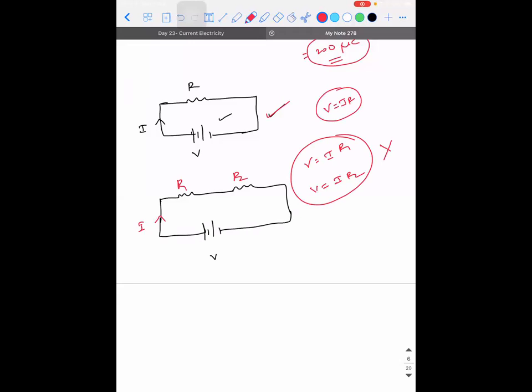So அதுல இருந்து என்னன்னா the whole circuit for you to apply Ohm's law should have only one battery and one resistor. That resistance can be equivalent resistance also. That is why you are actually trying to solve these two and make it as a single resistance and then solve it. சரியா? அதுதான் that is the thumb rule for you to apply Ohm's law. So Ohm's law apply பண்ணனா circuit எப்படி இருக்கணும்? There should only be one potential difference and one resistor.